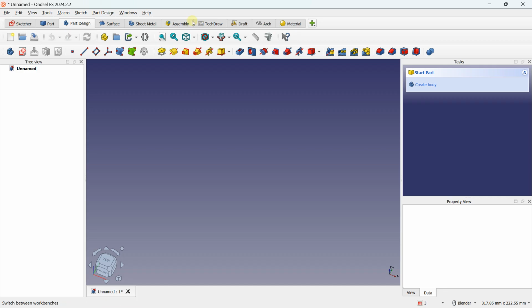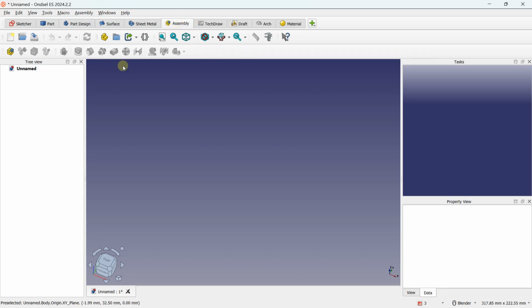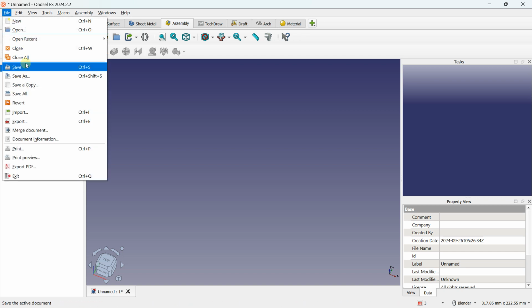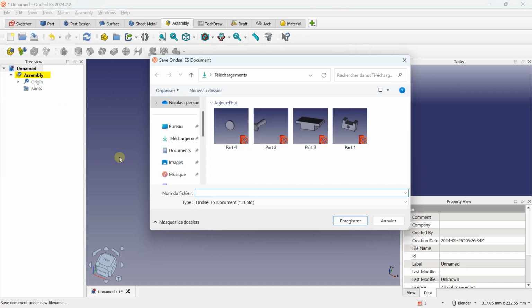Here I displace the assembly on this area. So I can click on assembly here, and inside my new document, I can just click on create assembly. After that, if I want to start my assembly, I need to save my work. So I will go on file, now we select save as. And here you can see I created 4 different parts in OwnCell, 4 different OwnCell documents with 4 different parts that I will be able to use for this assembly. I made the video previously. And here I will just replace by assembly.